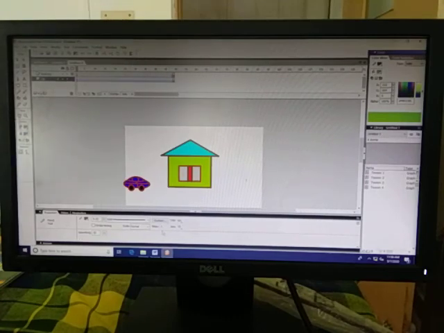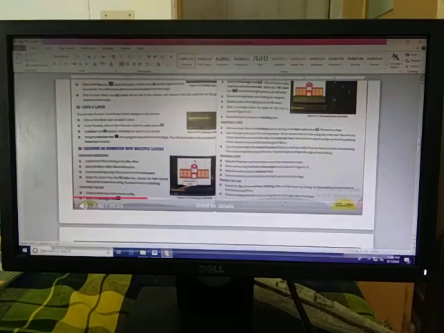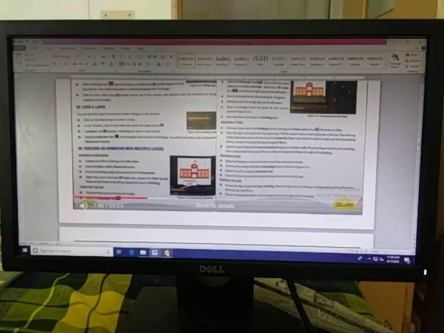So in this video I have explained the layer operations: insert layer, rename layer, changing the order of layer. So this is very important, students. You should practice at your home. And the next part is how to use multiple layers, how to create multiple layers and multiple objects. Through that we can learn how to change the order.